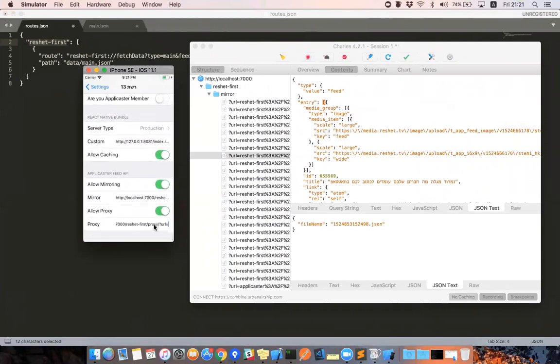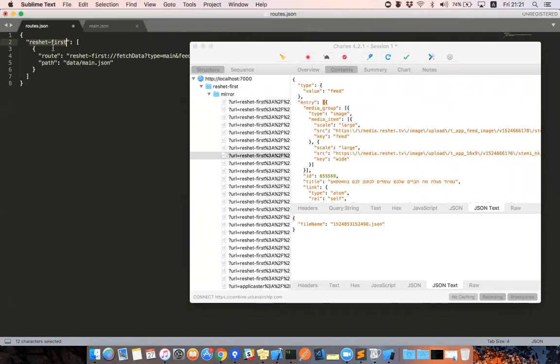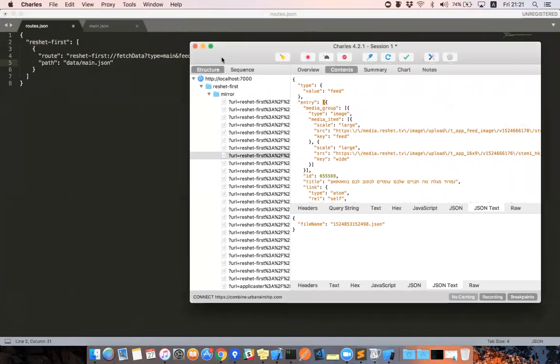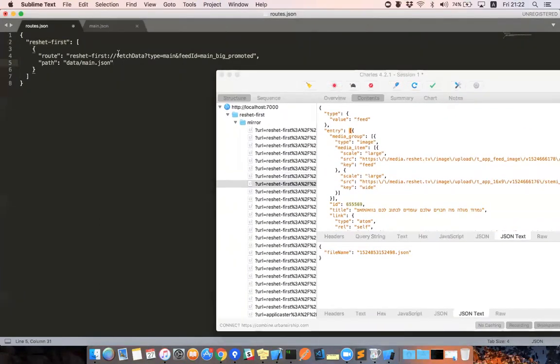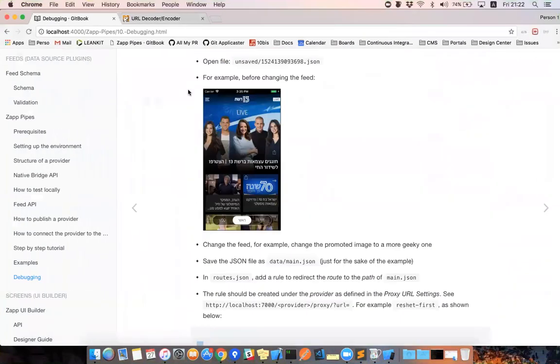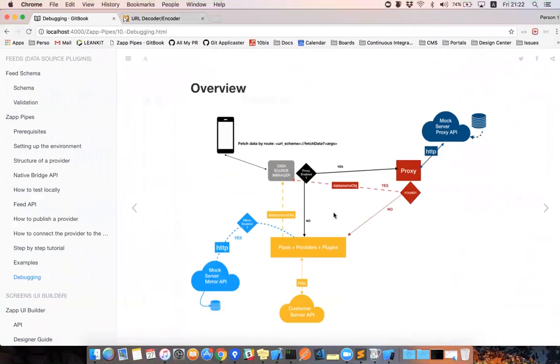If your setting is pointing here to Reshet first, then you are using this map, right? So for this route, I'm saying to the proxy, you're going to override the content. And instead of continuing here,